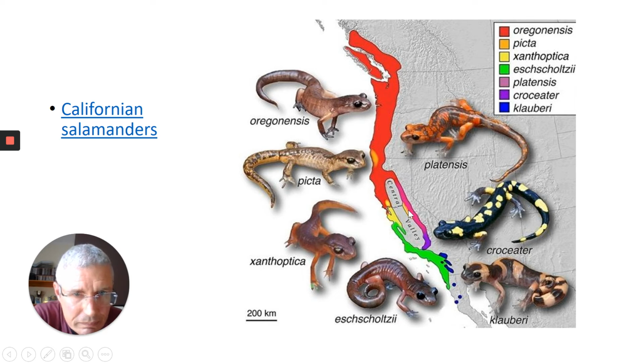And then the salamanders wander southwards, and they can take two routes. There's a coastal route, and there's an inland route with a valley, the central valley, in between. And salamanders won't go there. It's too hot and dry in this central valley. And on the inland side, then